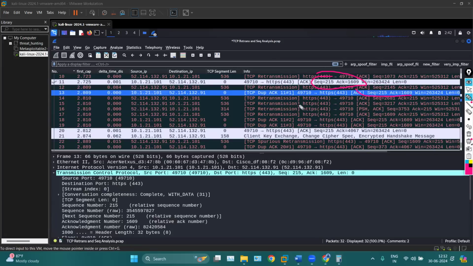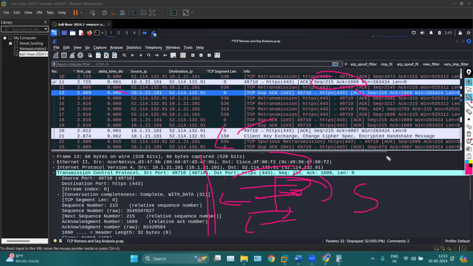See, server is not receiving the packet from the client side. And client is also not receiving the packet from the server side. That is why there's lots of TCP retransmission packets between the server and the client. And one more thing, that the client is sending the duplicate packet to the server, which means the client is not actually receiving the packet from the server side. That is what we analyzed. But the server is also not receiving the packet from the client side,